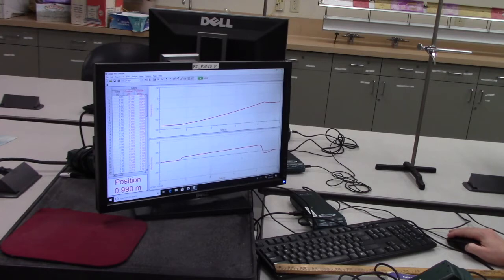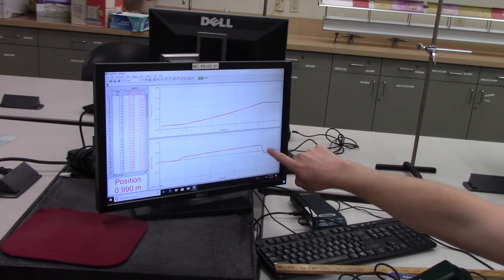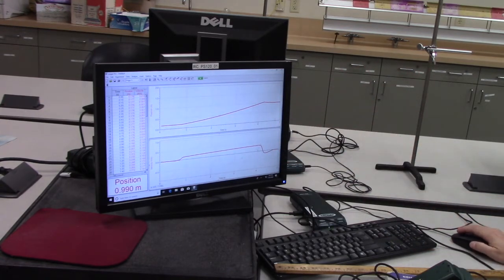That's before the cart started moving. But then after that, the cart steadily speeds up as it rolls down the track. Then, once it hits the side of the table at the bottom of the track, the velocity rapidly goes to 0. So what we want to do, if we're trying to find out what the final velocity of the cart was,